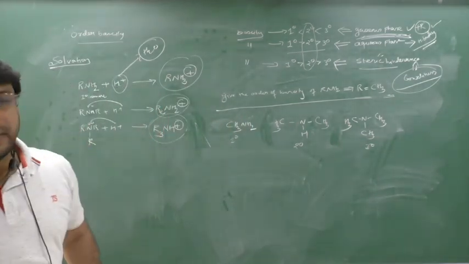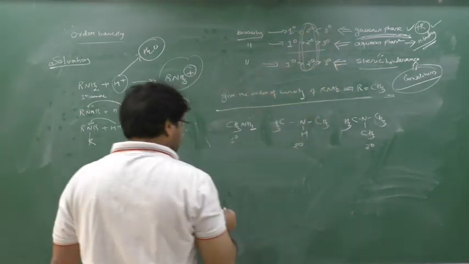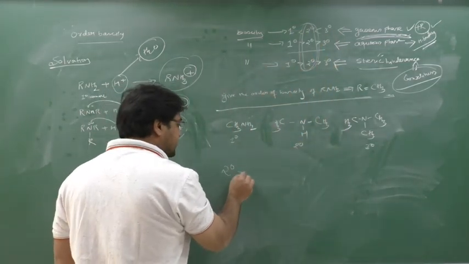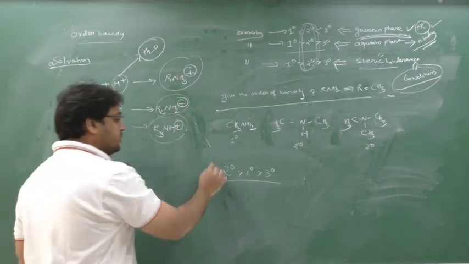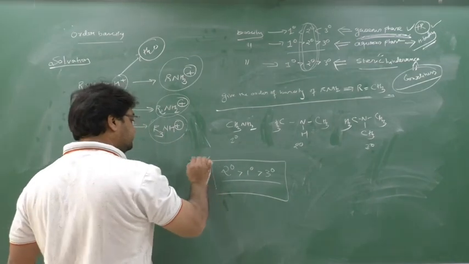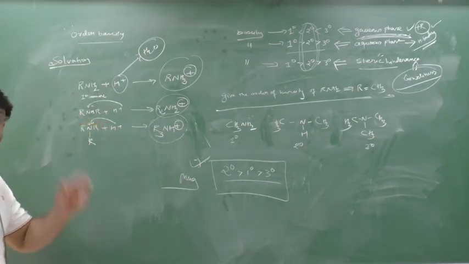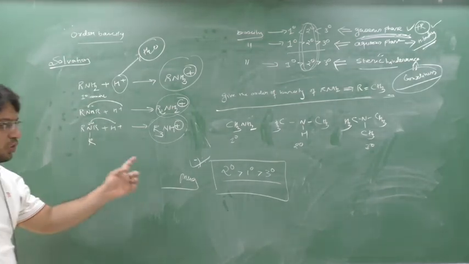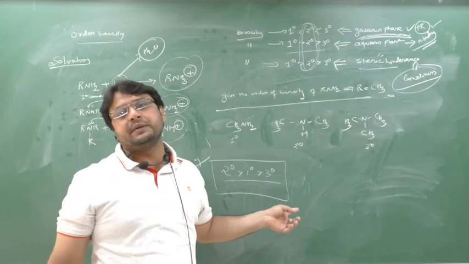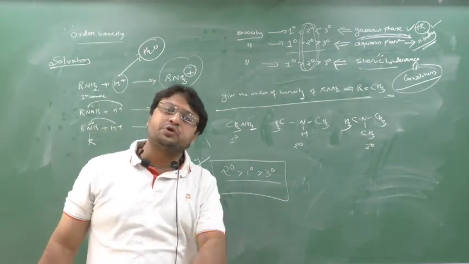Again, beta, how to remember? See, 2 degree is common. So here also 2 degree is first, greater than 1 degree, greater than 3 degree. This you have to mug it up again. If R becomes methyl, the order of basicity for amines is 2 degree more basic than 1 degree than 3 degree. Practically it is determined. There is no reason. It's an exception to remember.